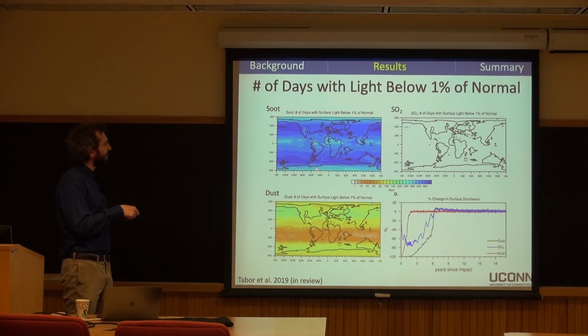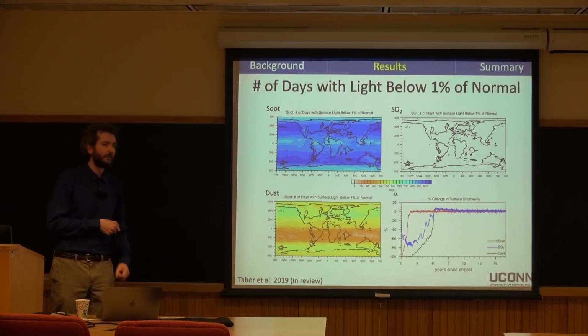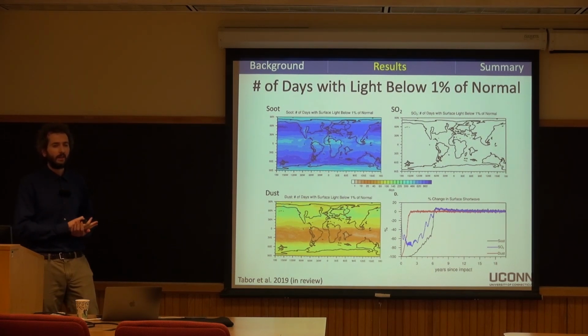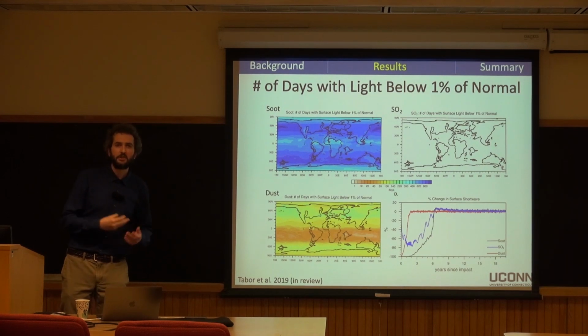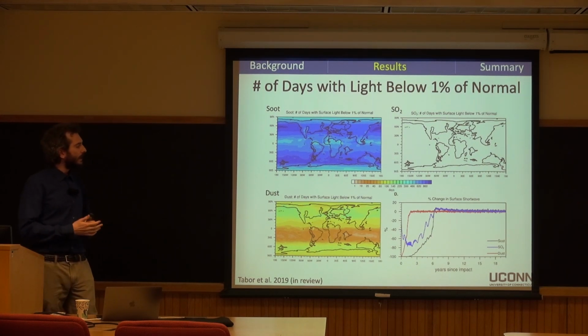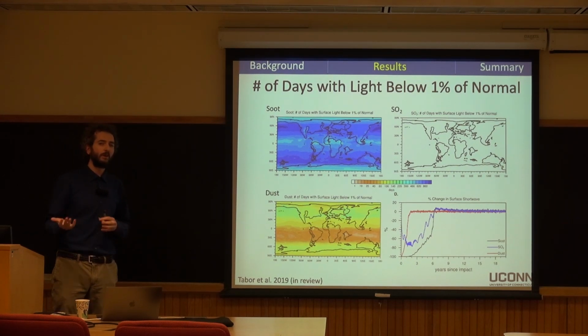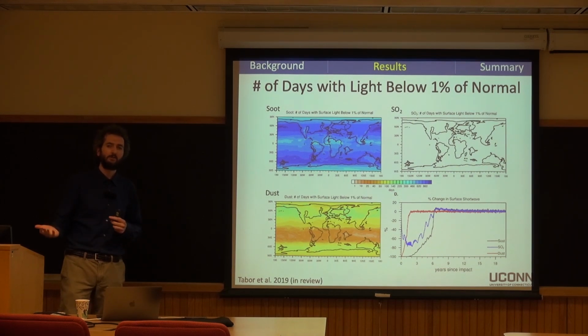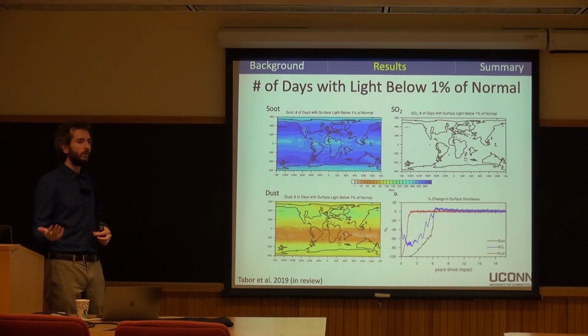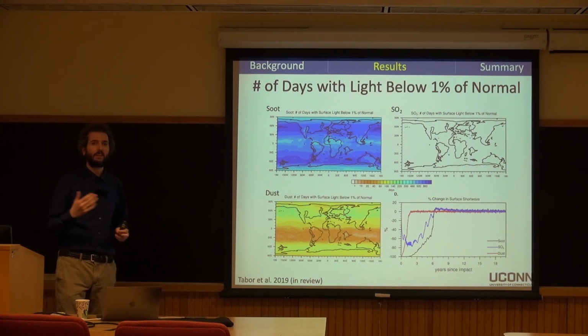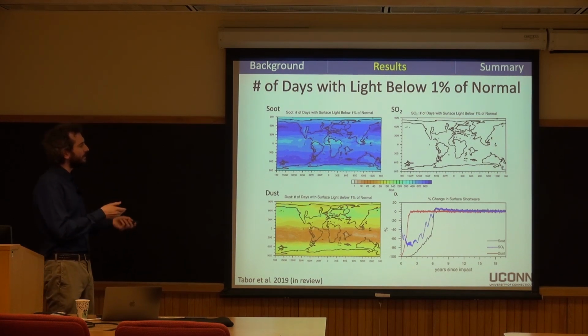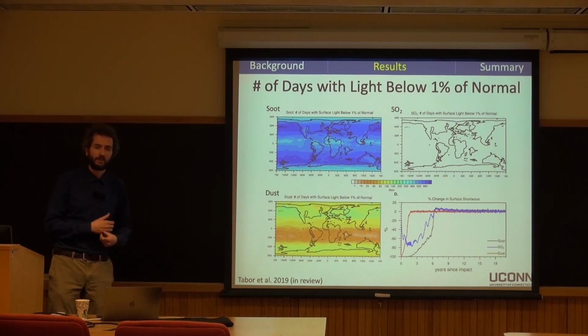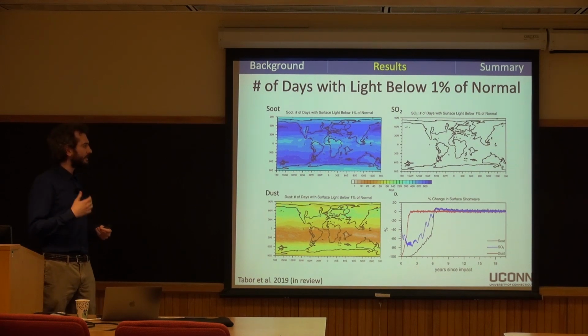And this soot plot shows that in many locations you're getting well over a year with light levels below 1% of normal. I should say that we chose a 1% of normal value because it's a rough empirical relationship of where you can have photosynthetic activity. And so when you're below 1% of normal, we consider this areas where photosynthetic activity probably wasn't occurring in this time period. So upwards of 2 years in some places on Earth due to the soot emissions where photosynthesis was not happening.